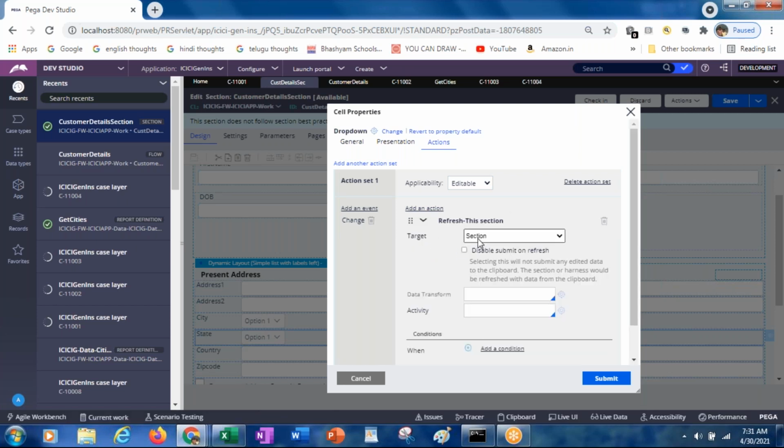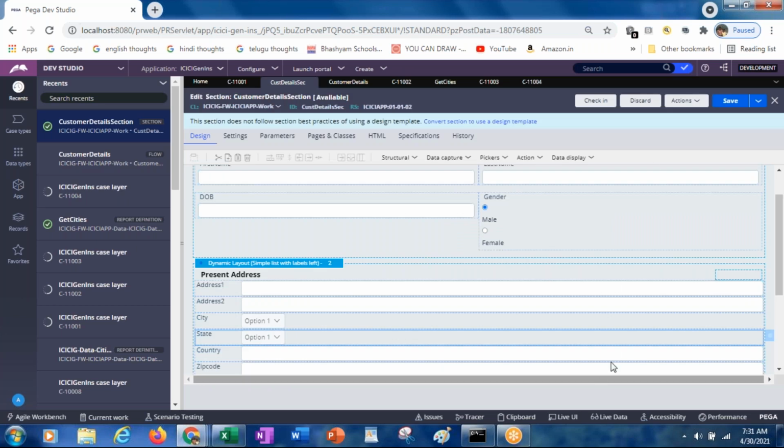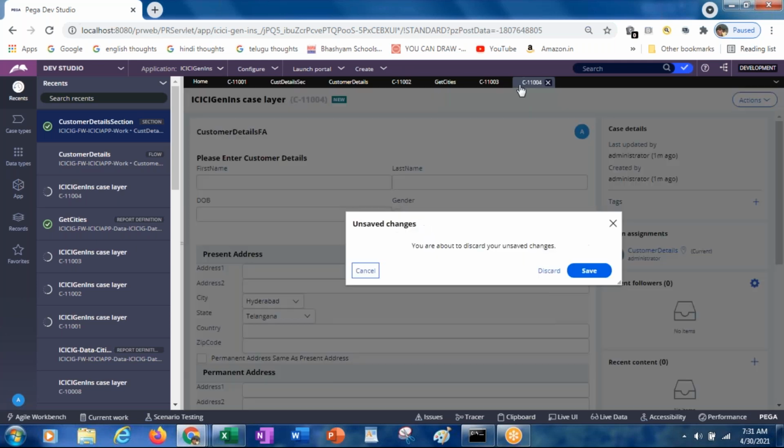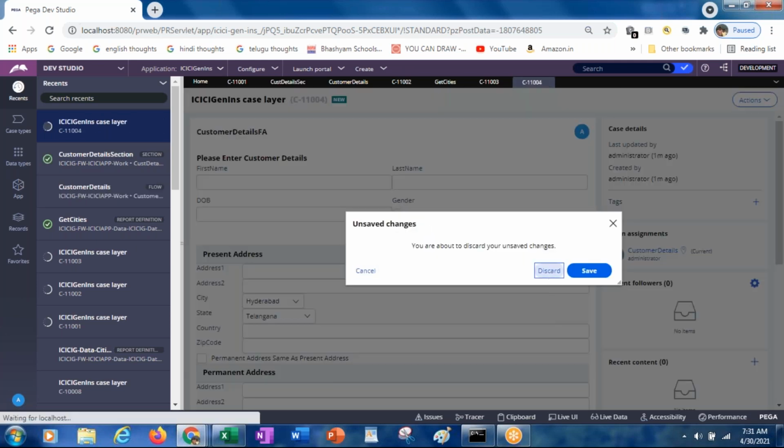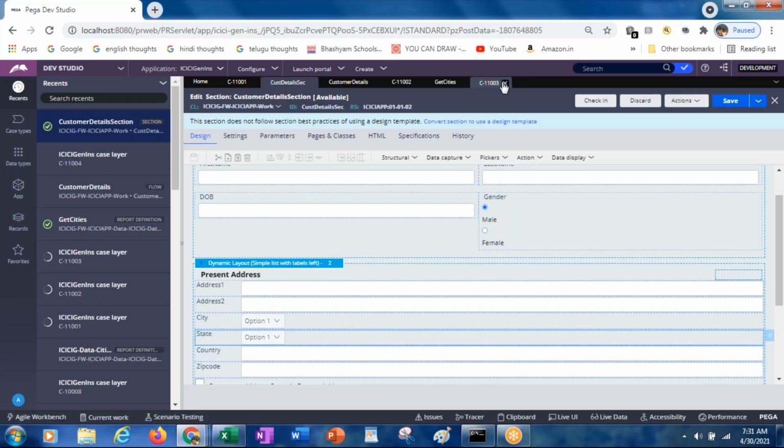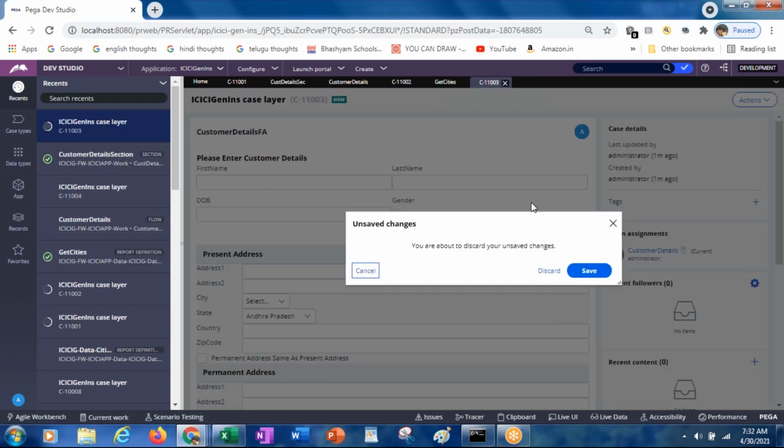Whether you want to refresh the current section or completely the section, and then a data transform or activity, if you want to execute, you can select them also. But right now I'm not executing any data transform or activity. These existing cases, I am closing.